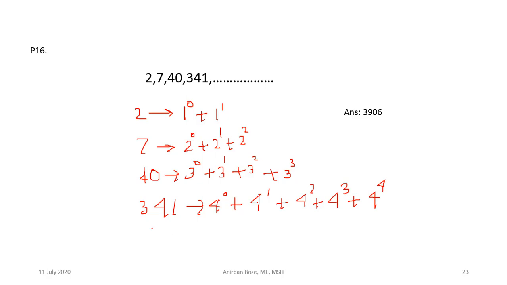In the same way, the last term would be 5 to the power 0 plus so on up to 5 to the power 5, and if you do that you will get the answer 3906. Okay,